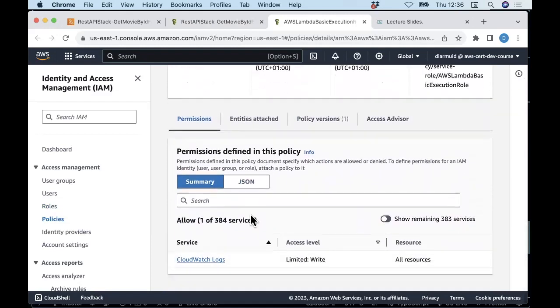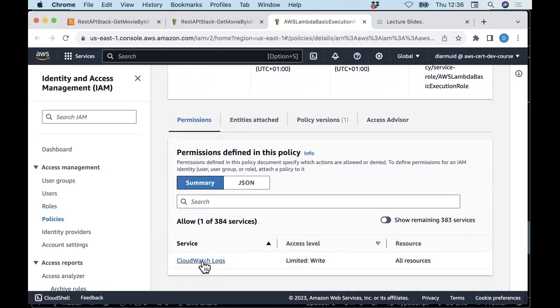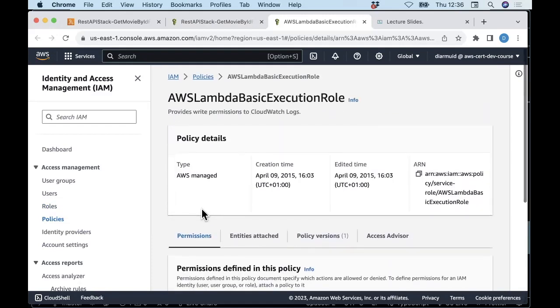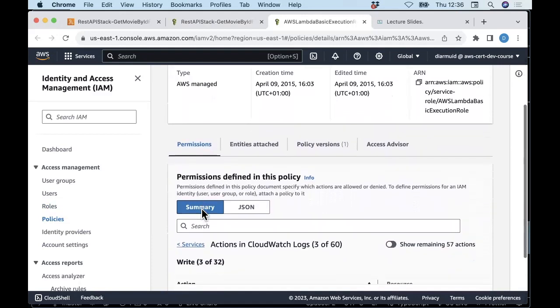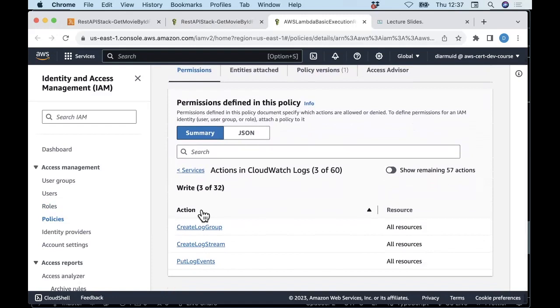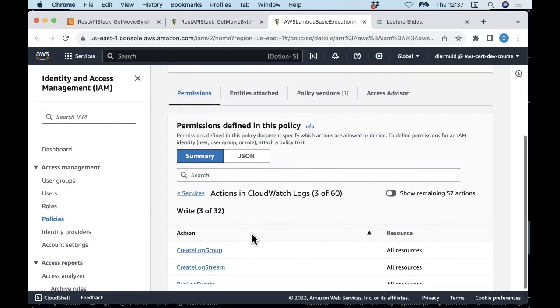I wonder where this one takes me if I click through on that. Oh yeah, let's see. Am I getting any closer? You can see here, and from the names, it's allowing creating log groups, creating log streams, writing to log streams. If we click down through these, we will eventually see the,